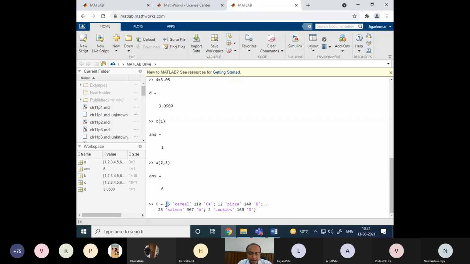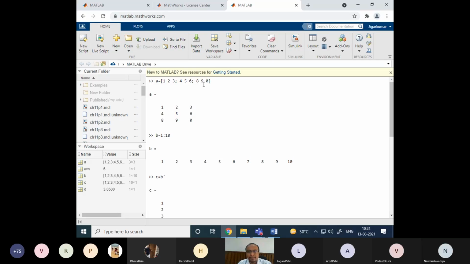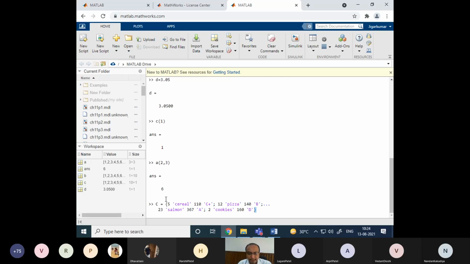Now this cell data is written within curly brackets, not in square brackets. Matrix or vector data we write in square brackets, while cell data are written within curly brackets. That's the difference. Here you can see the first data is 5, which is an integer. Then we have some string in single quotes. Then again we have 110, then C plus, then semicolon, which indicates the change of row.